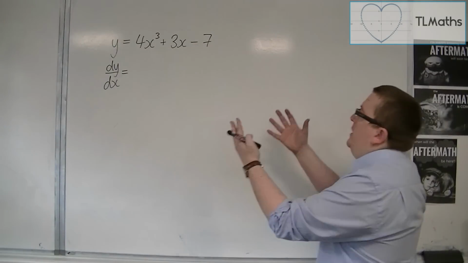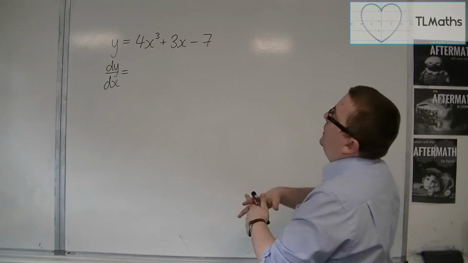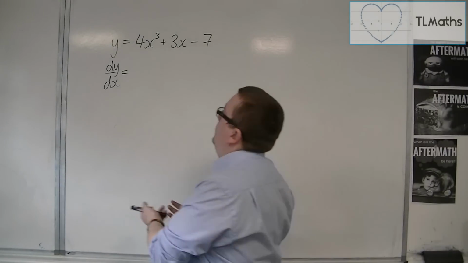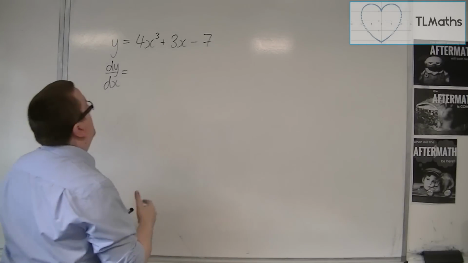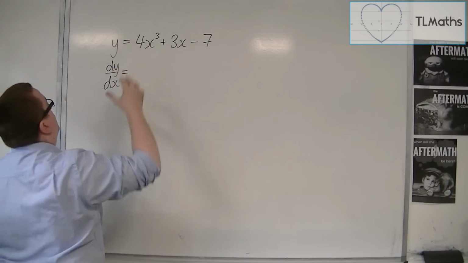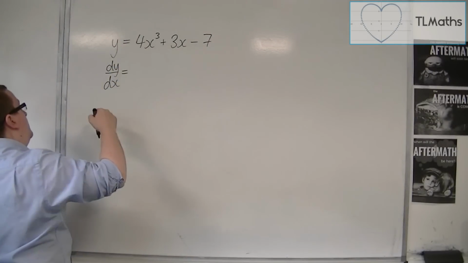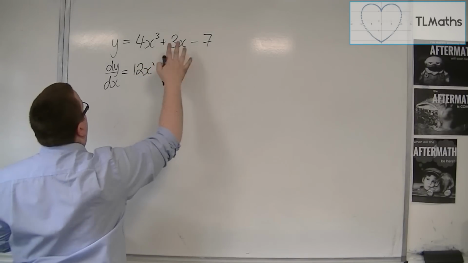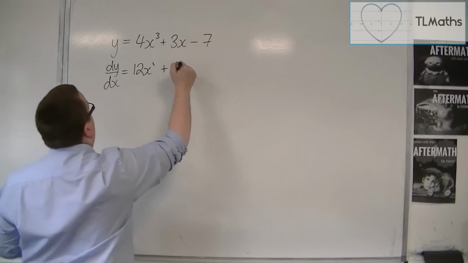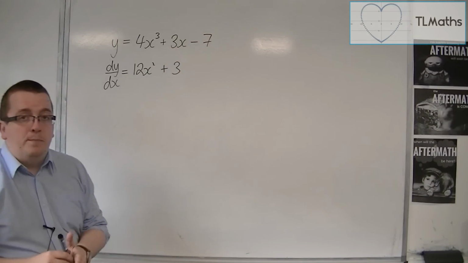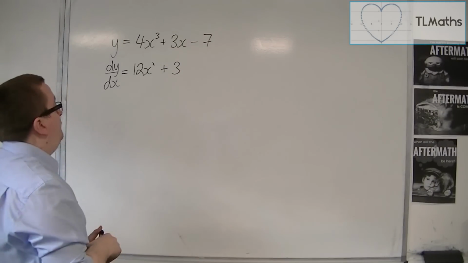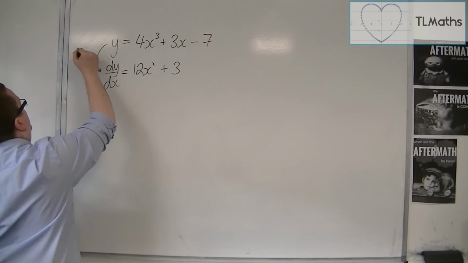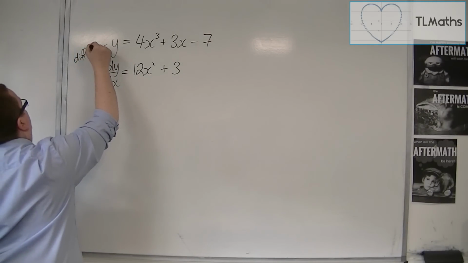So what we've done is we've seen how we can get from a curve to dy by dx, how we can differentiate. So if we want to differentiate 4x cubed, the power comes down to the front, we take 1 off the power, so we'd have 12x squared. The 3x differentiates to 3, and the minus 7 just disappears, okay? So this process we know is called differentiation,